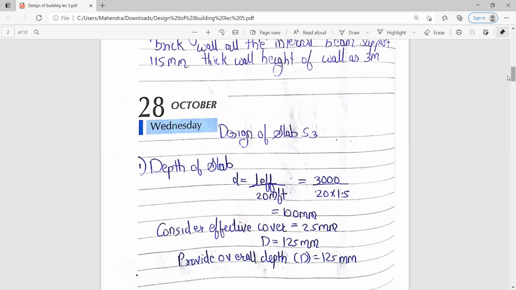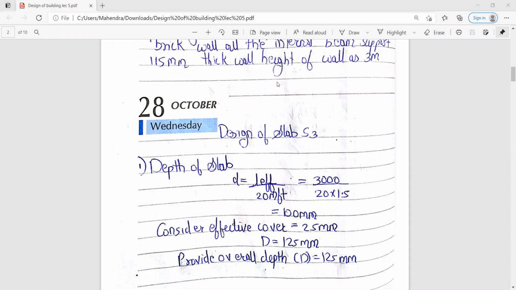But when we are going to design for the S1 and S3, because S1 and S3 are simply supported slabs, simply supported slab are your S1 and S3. As S1 and S3 are simply supported slabs, the bending moment at support will be zero in slab S1 and S3. So while designing slab S2, we will consider continuity at the junction where one-way slabs are coming. We will consider only continuity at the junction where the one-way slabs are coming when we are going to design for the slab S2. So first of all, we'll start with the slab S3.